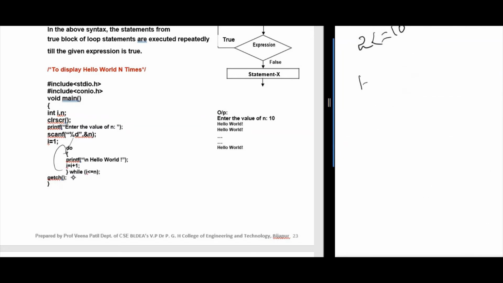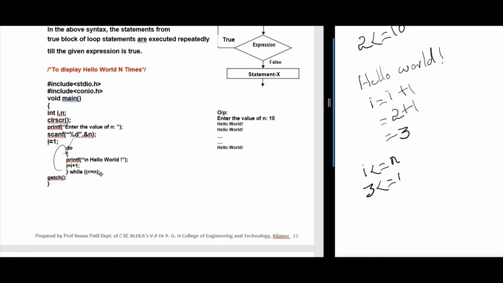It will print hello world. Then it will increment I. Now I value was 2, now it becomes 3. So after incrementing, it is going to check the condition, that is I less than or equal to n, that is 10, is 3 less than or equal to 10, yes, true. Then it will say repeat the loop,